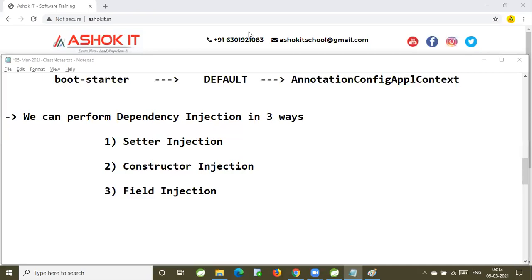Parallelly both classes: 7:30 to 8:30 Boot and 8:30 to 9:30 REST. I'm going to send this link to the people who enroll for this batch. Check your email, guys. From today, you can attend that.